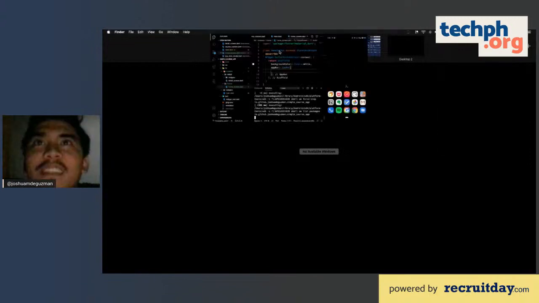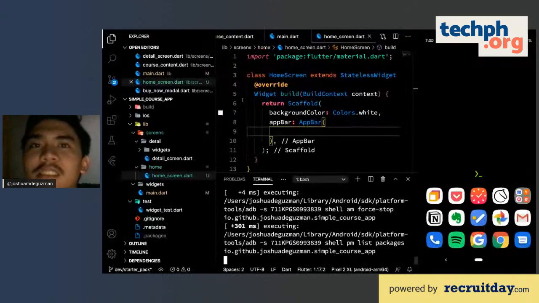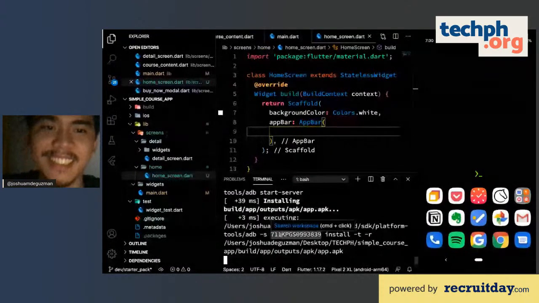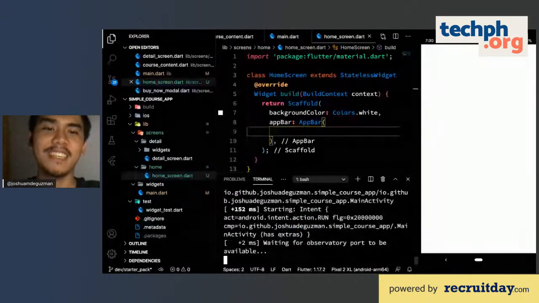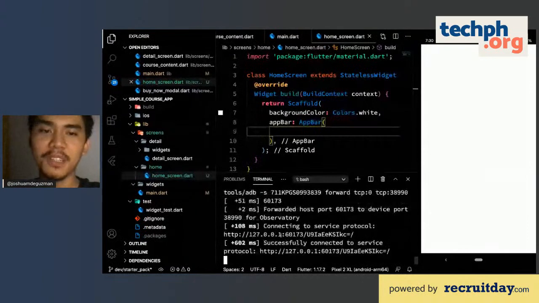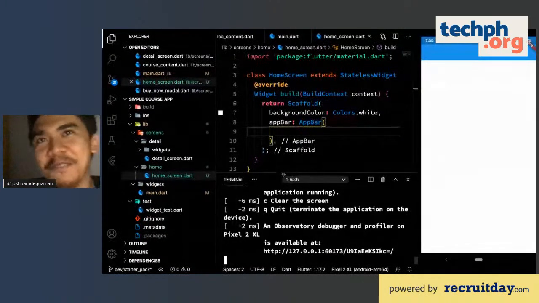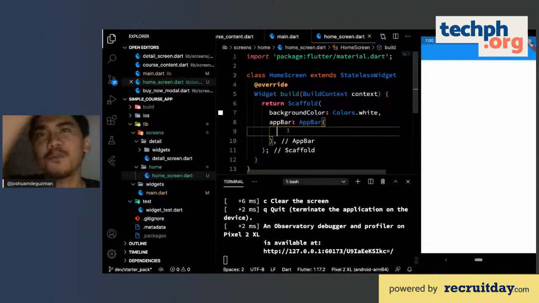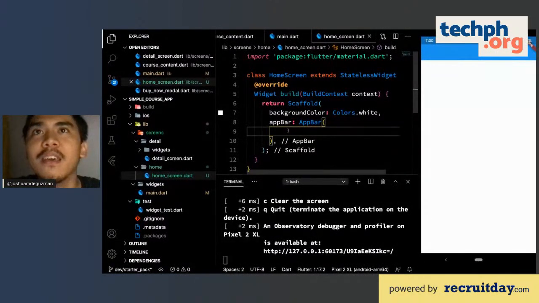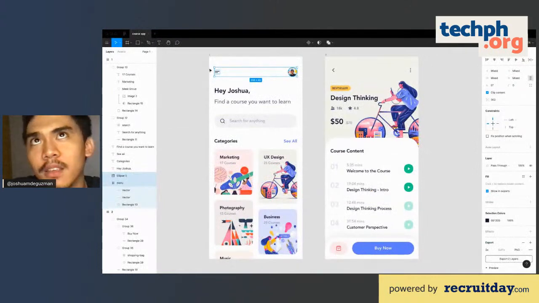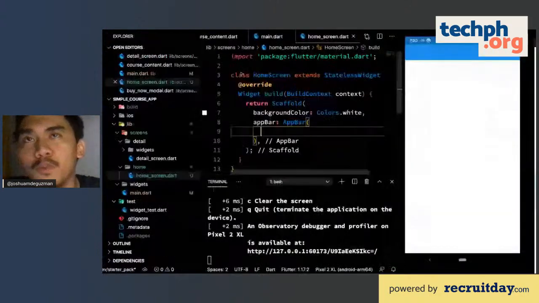Okay. All right. We're almost there. This is my device. Again, this is just for the first run with a slow machine that hasn't been restarted for the past 2 days. So this is the app bar. We just have an empty app bar. If you want to see this, we have two elements. So we call that